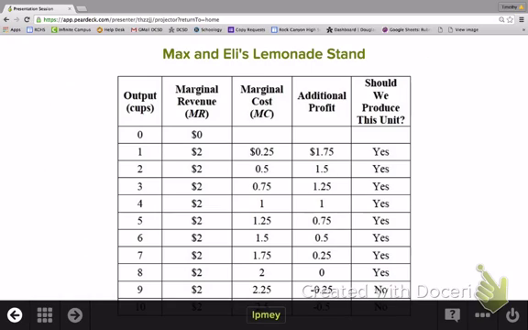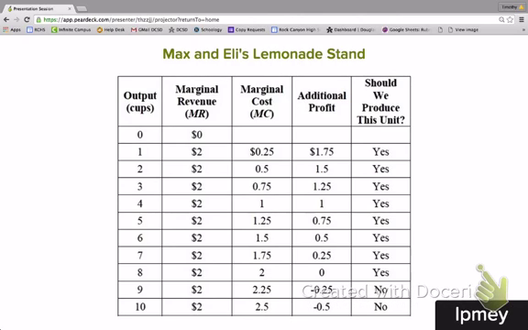Let me go back. I went ahead too quickly. Okay, so let's go back to the lemonade stand. And let's convert the lemonade table into a table of marginal dollars coming in and going out. You should see that the total revenue rises by $2 every time we sell another glass of lemonade, every time